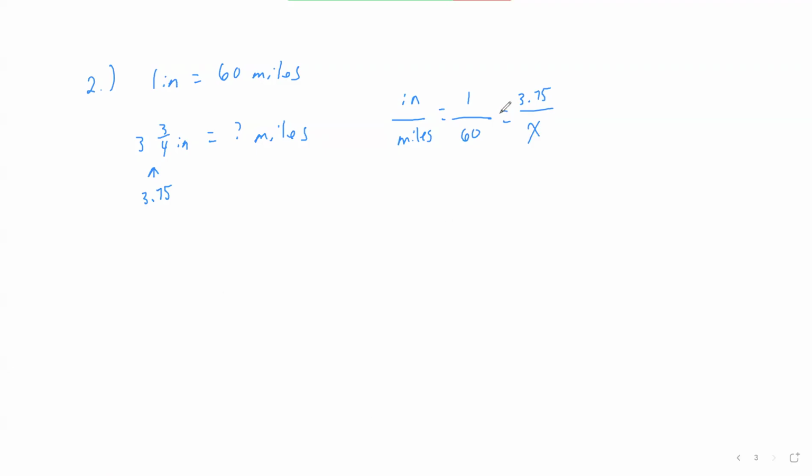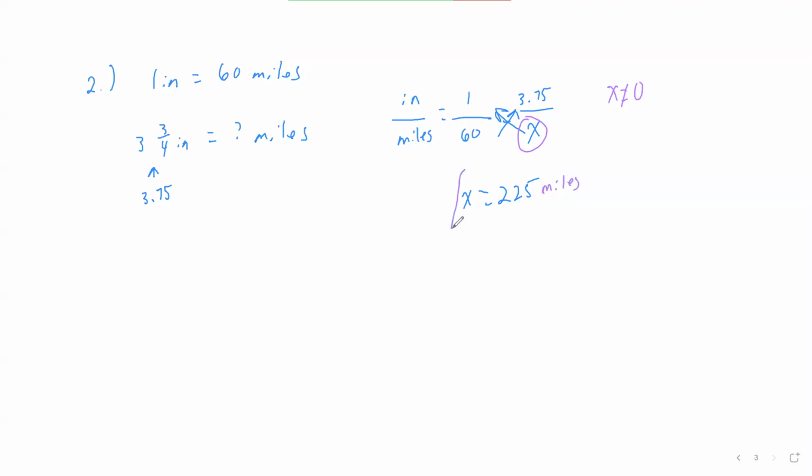Now I have what I was just dealing with on question 1. So I'm going to cross multiply. So 1 times x is x. And then 60 times 3.75 would be 225. As long as x isn't 0, because that's the only thing that x cannot be. So x cannot be 0. And of course, 60 is just a number, and 225 is not 0. So that would mean that x equals